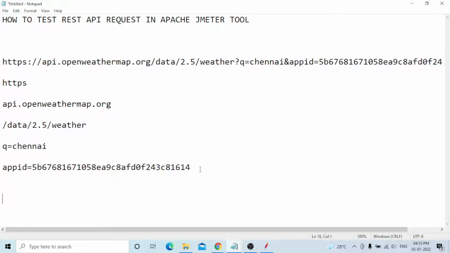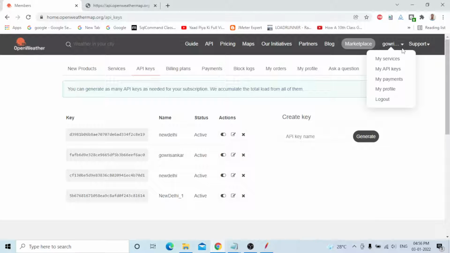Now you need to go to the sign in page. Guys, remember, sign in is not a big deal. You can easily log in and sign in on these pages. For example, I'm logging out of this one.